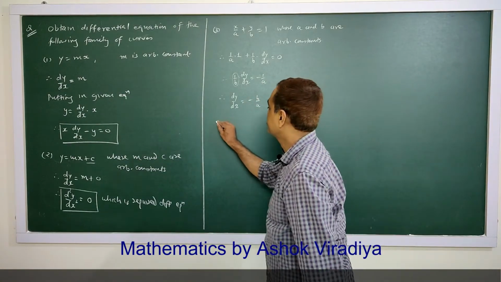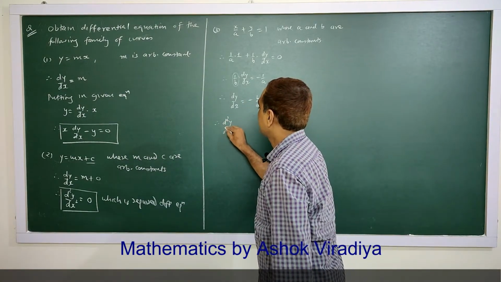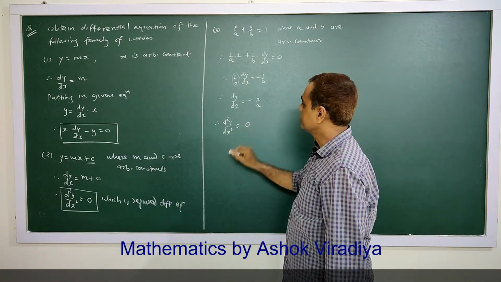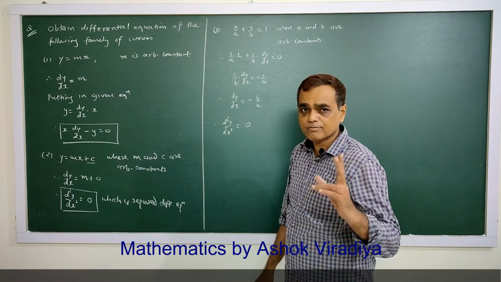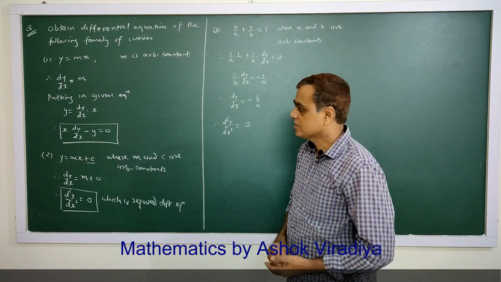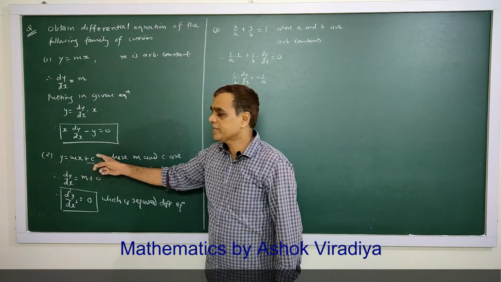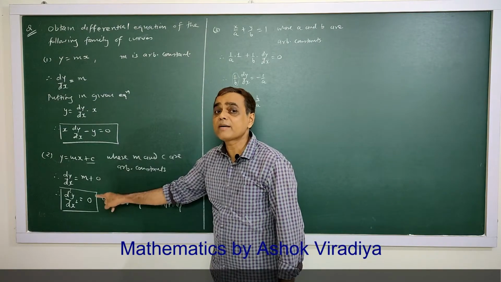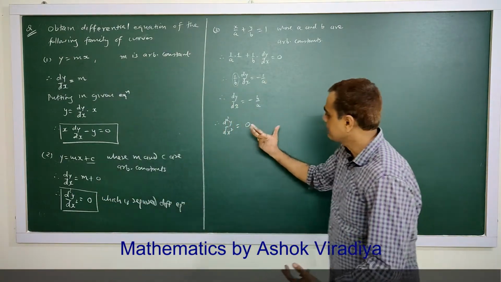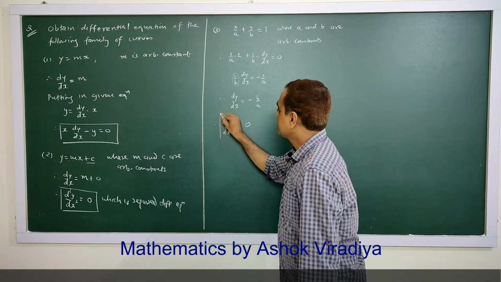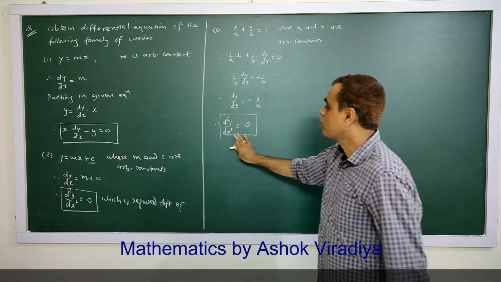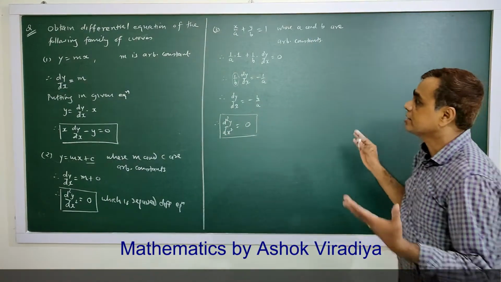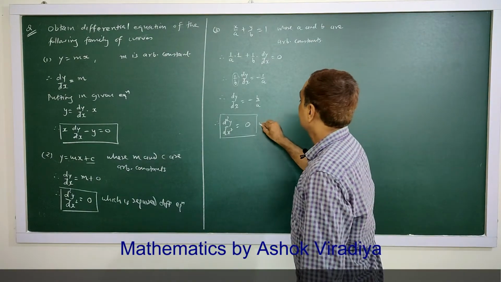And now differentiating a second time, d square y by dx square, its derivative is 0. So at a time both are eliminated. Sometimes arbitrary constants are eliminated one by one. First c is eliminated, then m is eliminated. Sometimes at a time both can be eliminated. So this is a differential equation whose order is 2, because there are two arbitrary constants,